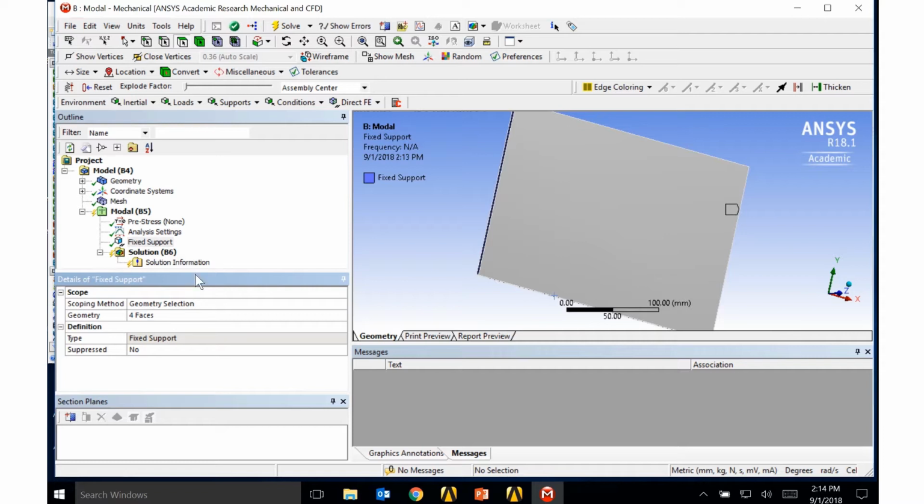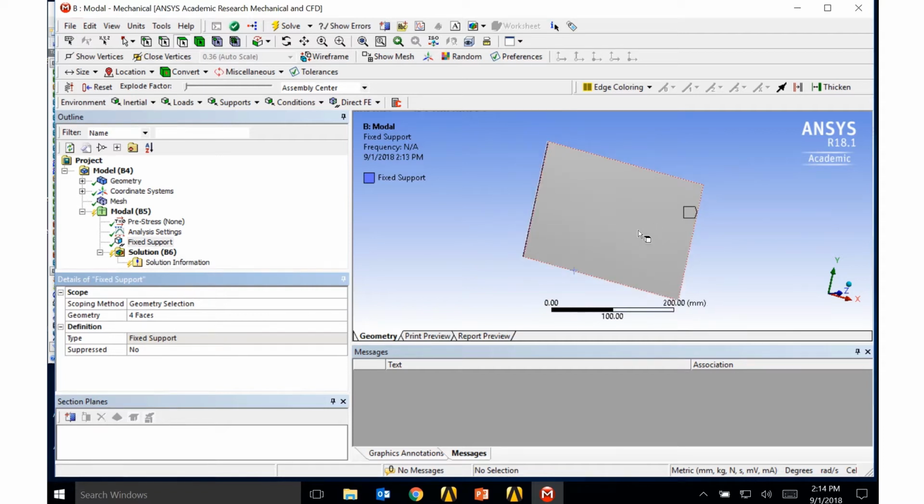edges. In modal analysis, it's independent of the forces and the loadings, and so I don't need to apply any loads on my structure, and I'll just use the default inertial loading that's due to the density in the steel that was selected as the default material. So now I'm ready to come down here to